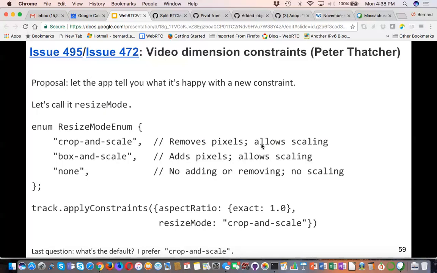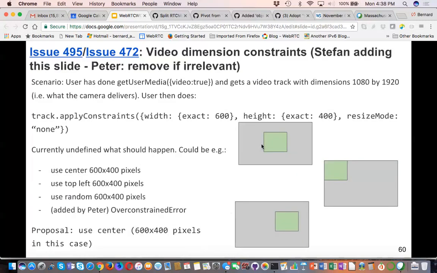It gets down to what are constraints. Are they access mechanisms to cameras, virtual cameras, or are they a rescaling API? Because as you see in the next slide, Stefan added questions like, at first I thought we were supposed to emit pixels. This is an extreme example: would it center? Where would it be positioned? Actually, this is Stefan's slide, but I added a line there. He was basically saying, what happens if the resize mode is none?